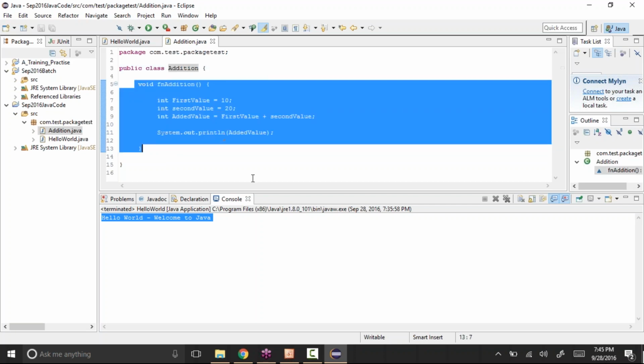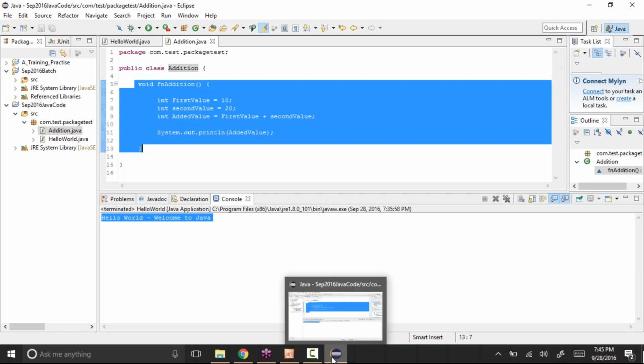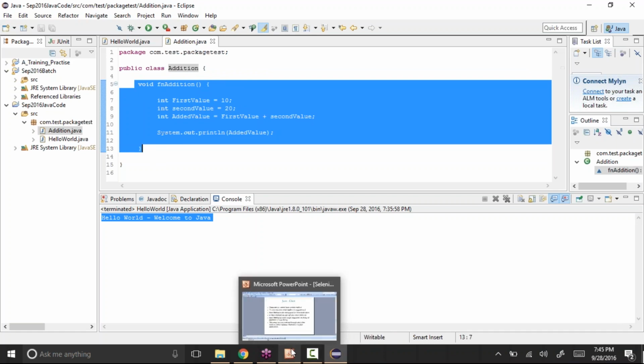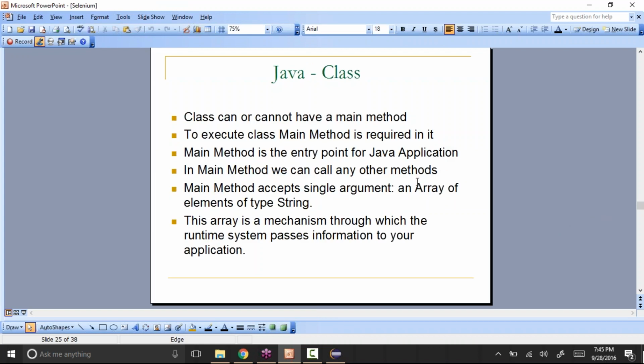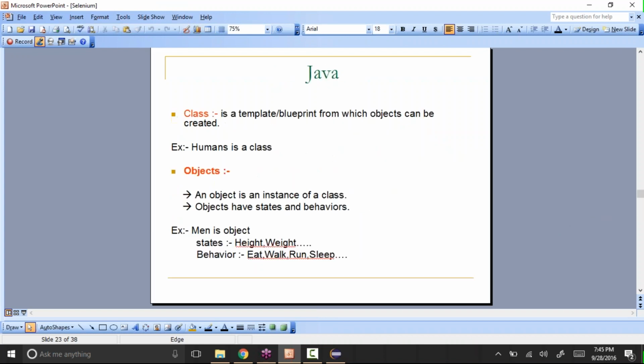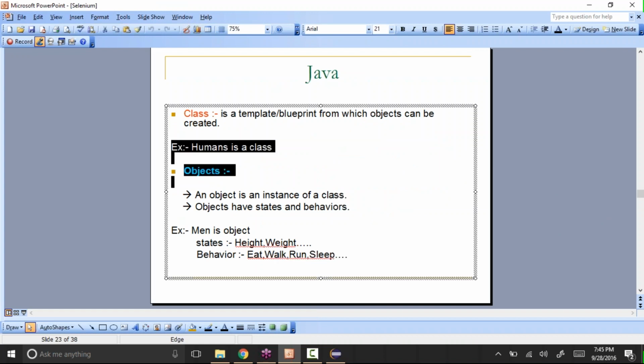That's what object instantiation is. We'll create a class, but you need to create an object of it, then only we'll be able to execute the code that is present. So we have to create an instance of that class.